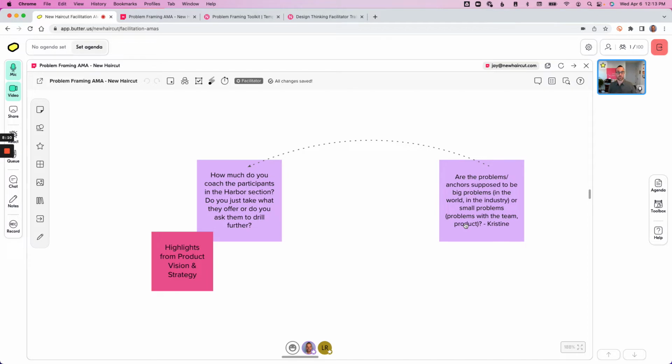So problem framing is not specific to an industry. It's not specific to a modality, it's not specific to a product or a service. So problem framing is a business strategy tool to help surface potential opportunities that the company would like to invest in and potentially solve. And so you can go fairly narrow, say in the world of digital, if you're